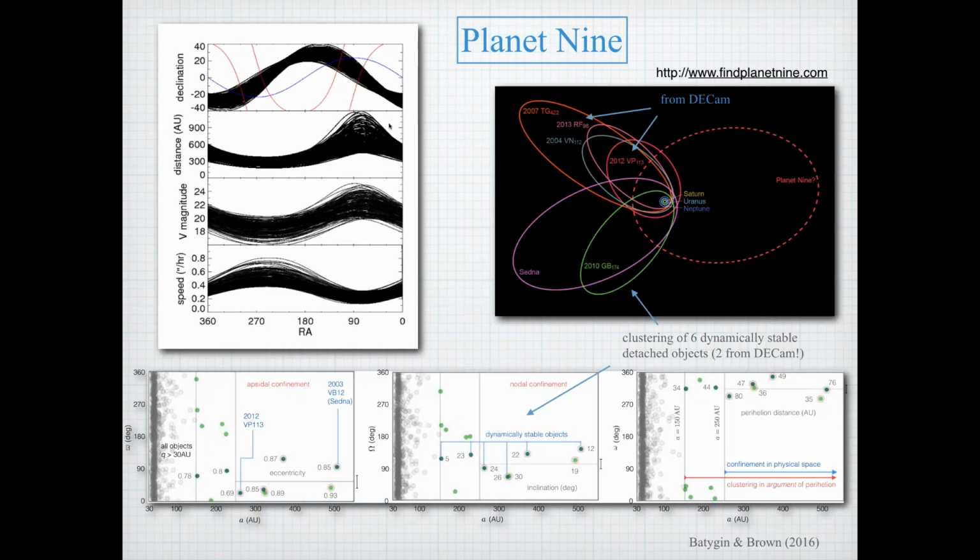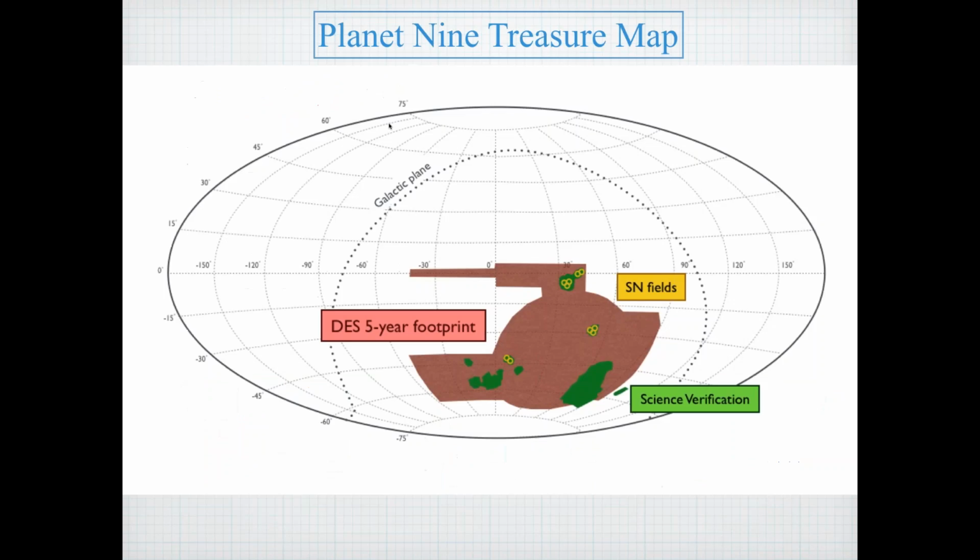Dynamical models give you roughly which orbits would be consistent with the clustering of these 6 Kuiper belt objects. Those are shown on the left of this figure. But it's a big swath in the sky, and you don't really know where it is. So if you overlay their prediction on this picture, which is the full sky, overlaid with our DES footprint,